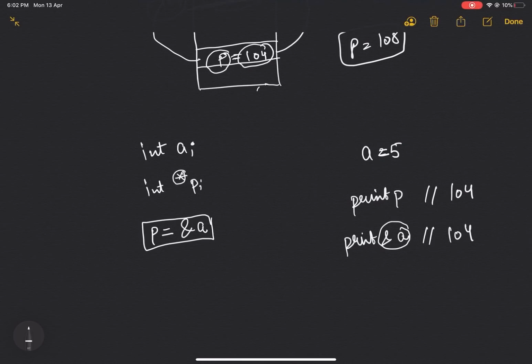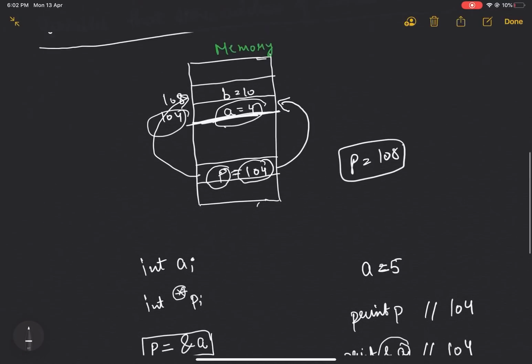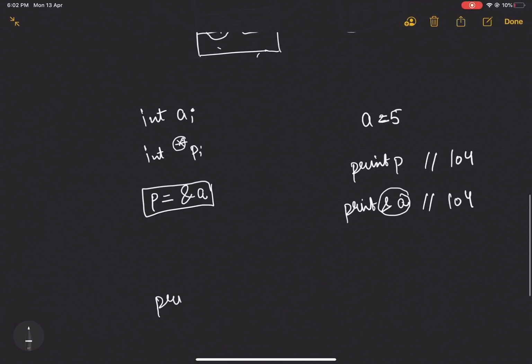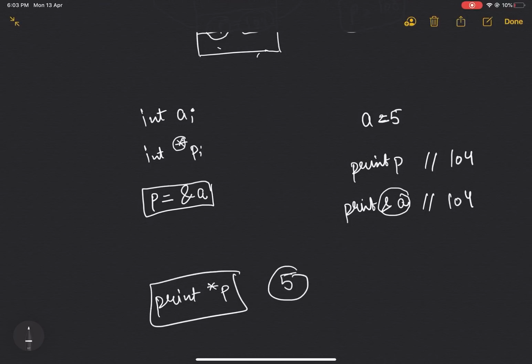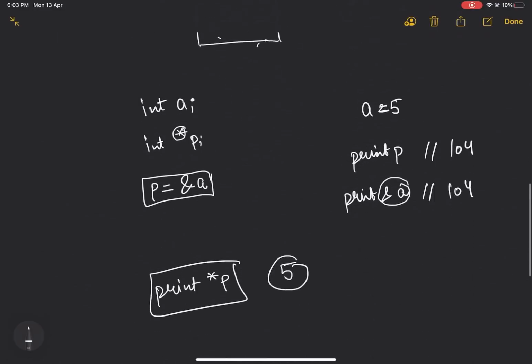There is one more interesting thing. If we put an asterisk in front of a pointer, it gives us the value at the location that it points to. As we can see, p is pointing to a since it has value 104. So if I write asterisk p, it will return 5, which is the value it points to.